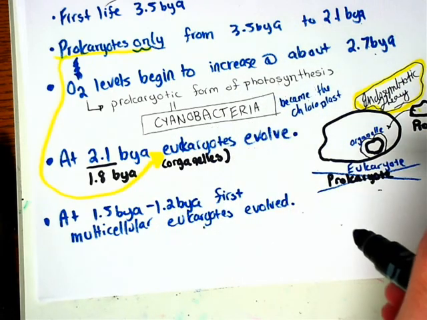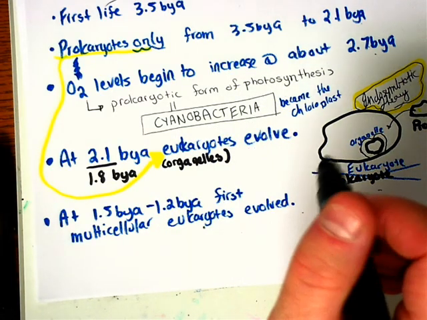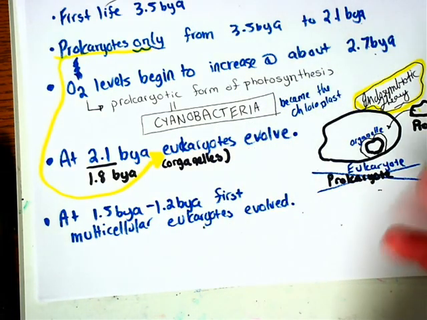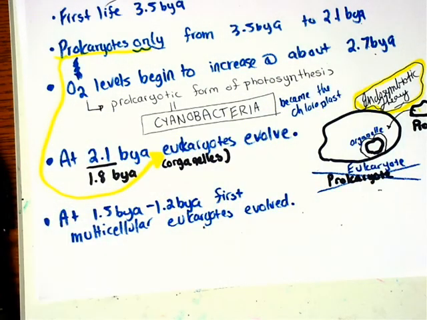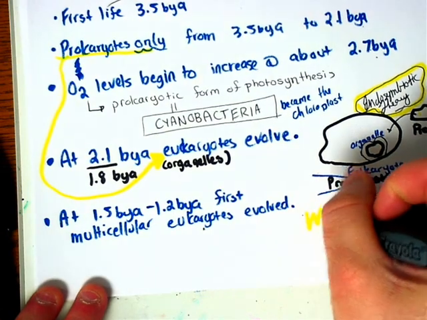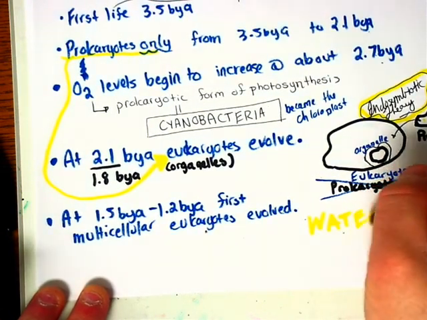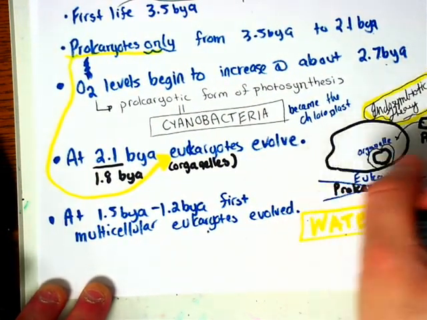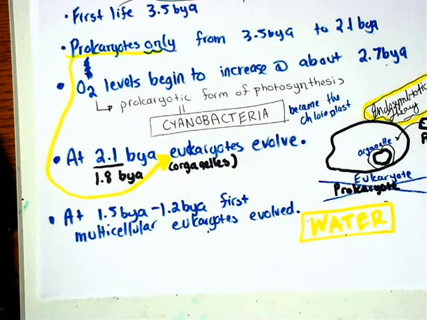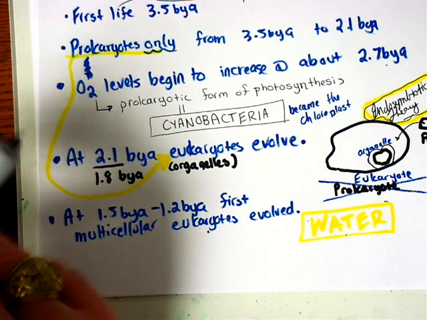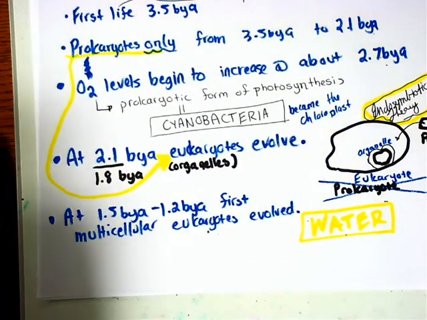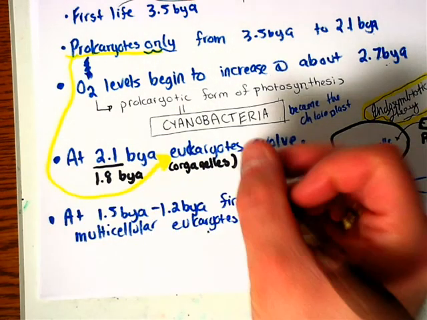Now, these multicellular eukaryotes, when we think of that, I think we think a lot of land type creatures and stuff like that. But really, up until this point, the entire planet is still water based, and by that I mean life is confined to the water. There is land, but it's basically rock. There are some bacteria that live on the land, but as far as your multicellular creatures, they're going to start in the water, because when you look at these first eukaryotes